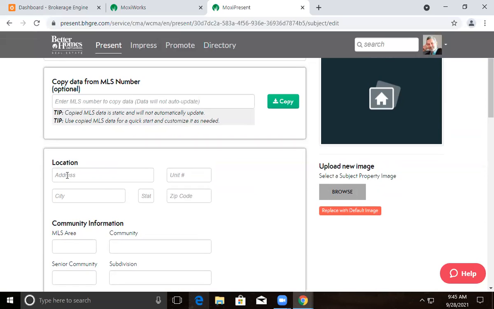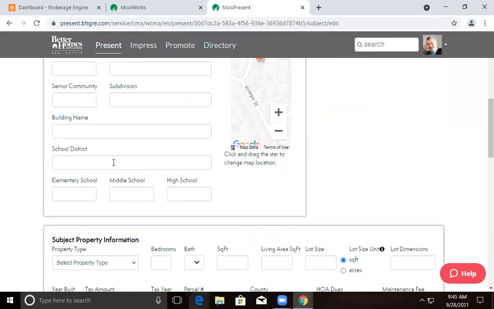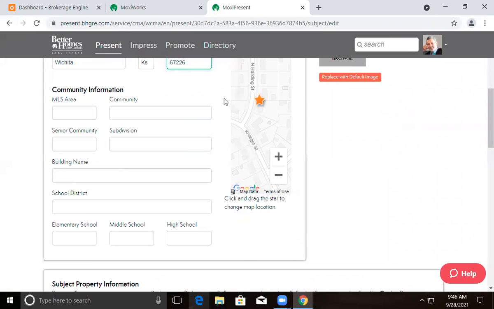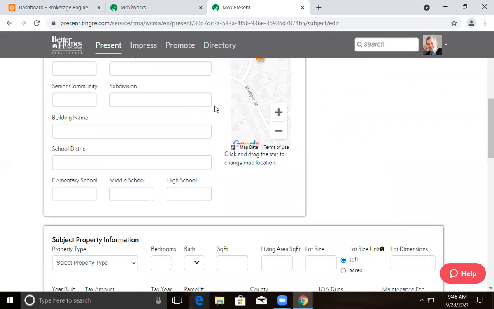So I'm going to use 4810 North Harding, Wichita. Nah, I'm going to type it out. I'm just only going to put in the bare minimum. Wichita, Kansas, 67226. I happen to know that this house is a 1.5 story, 4-bedroom, 3.5 bath, and I'm not going to